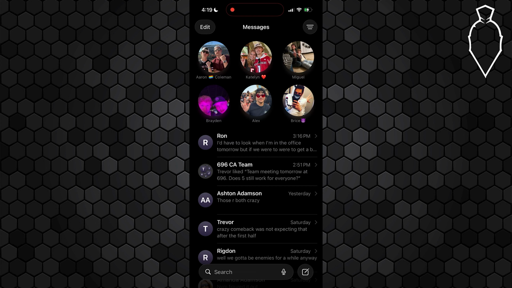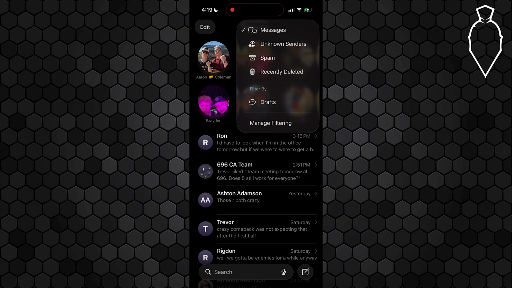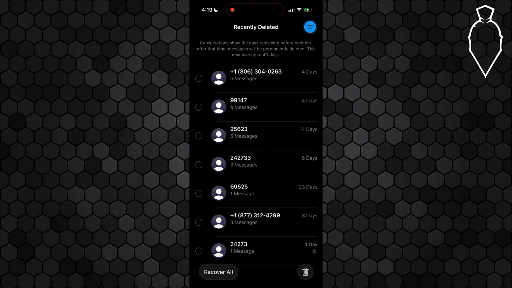Begin by opening up the Messages app, and from here go ahead and select the three lines or the three dots up in the top right corner and select Recently Deleted. If your messages were deleted within the last 30 days, you can recover them directly from this screen. Now, if the messages aren't showing up here or it's been more than 30 days, you do still have another